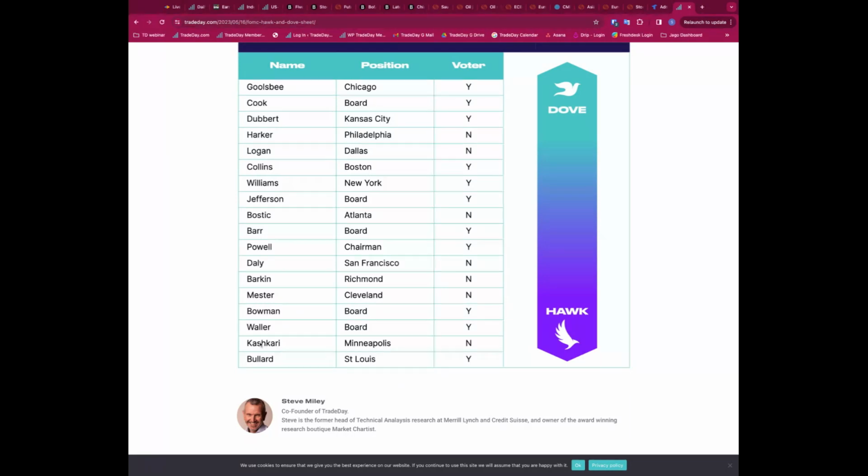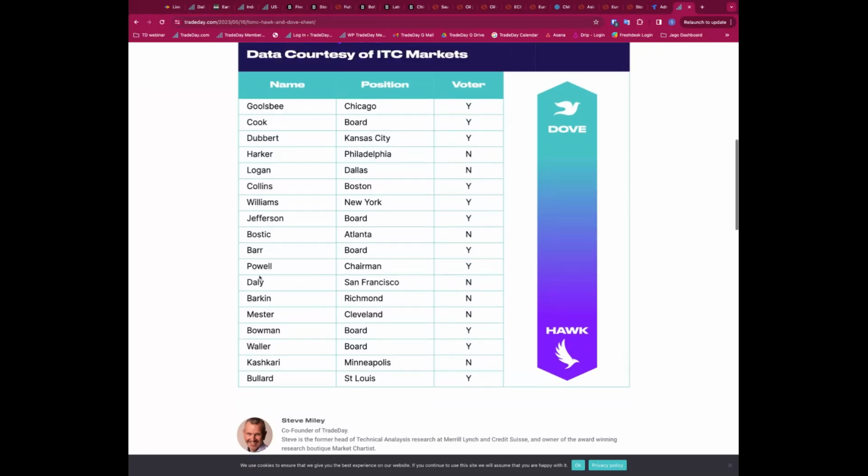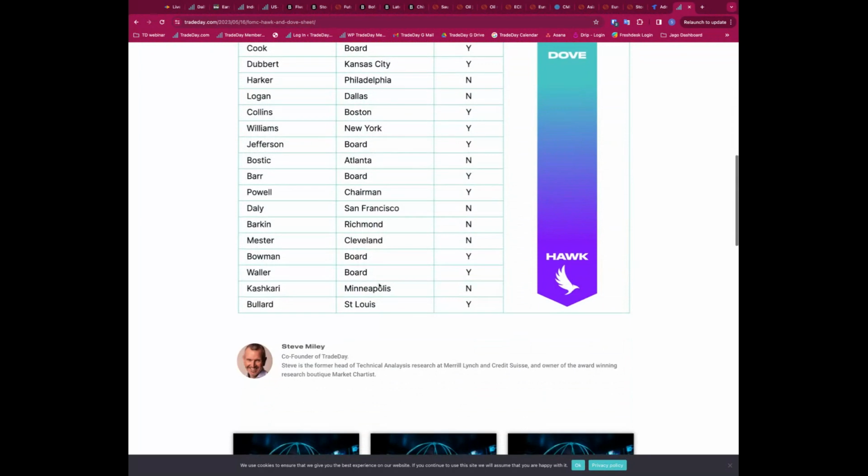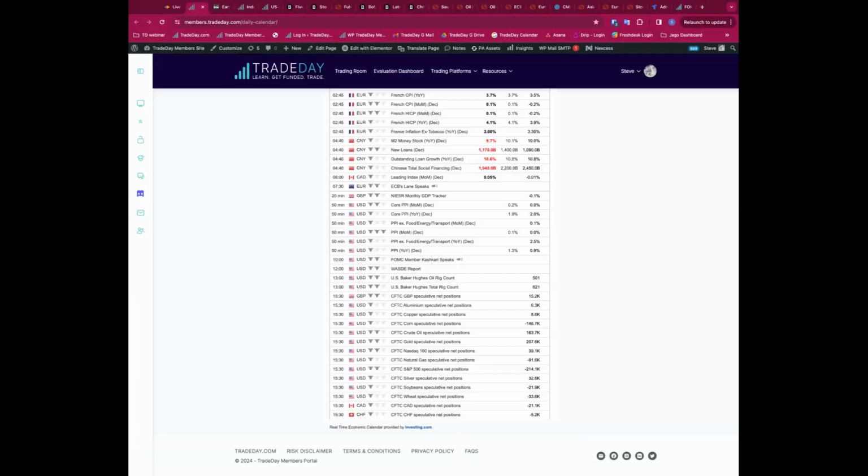because what we're looking for is the hawk to say something dovish or a dove to say something hawkish, right? When a hawk says something hawkish, big deal, right? That's what hawks do. But Kashkari has definitely been one of the more hawkish members of the FOMC during the rate hiking cycle. If he starts to shift more dovish, it could be a signal that the Fed are going to move to an easier monetary policy sooner rather than later. Maybe we do get that rate cut in March rather than further out into the year. So Kashkari on the wires at 10 o'clock today.